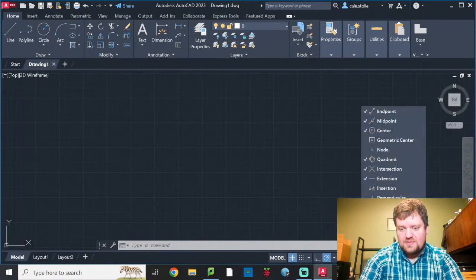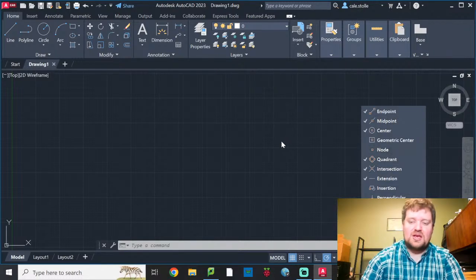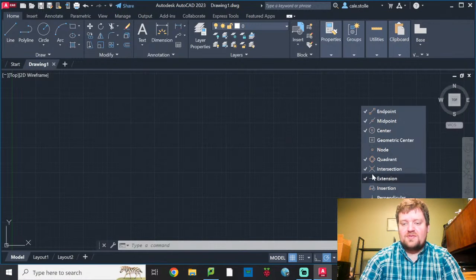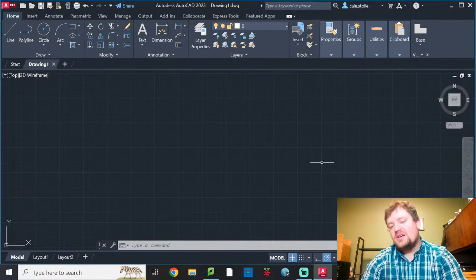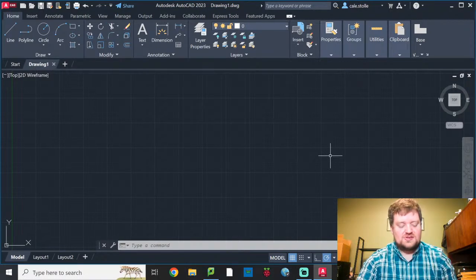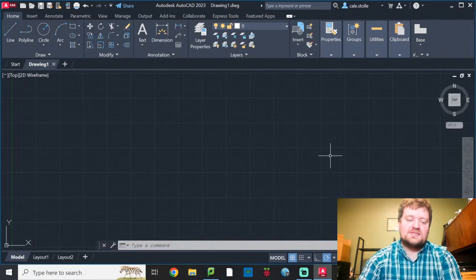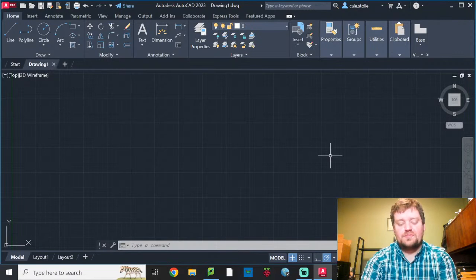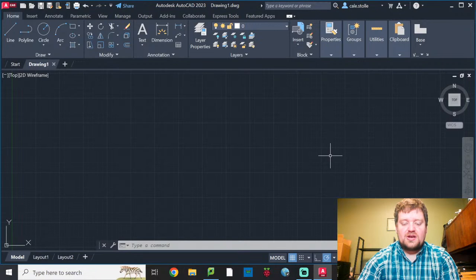I set my OSNAP settings last time, so you'll notice that I have my midpoint set up. I have extension, intersection. I also really like quadrant. Some people hate quadrant. I like it. For very specific geometries, you may turn on some of these other ones. I don't want to do that today though, because this is kind of my running settings that I go with when I draw. So today, not a terribly exciting day, but we're going to go ahead and draw a bunch